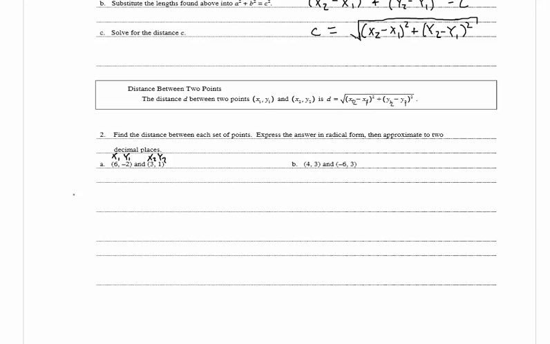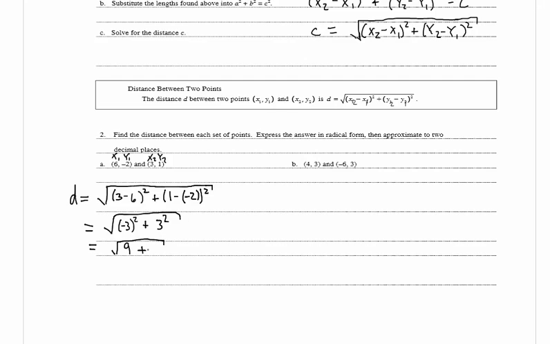So we're going to have distance is equal to the square root of (x2, which is 3, minus x1, which is 6) squared, plus (y2, which is 1, minus y1, which is negative 2) squared. And this is equal to the square root of, we have 3 minus 6 is negative 3 squared, plus 1 minus a negative 2 is positive 3 squared,